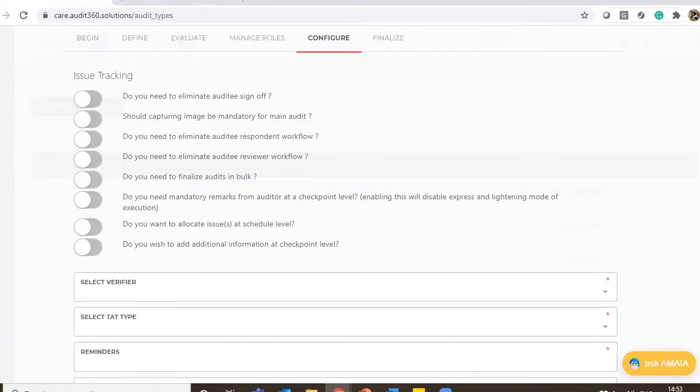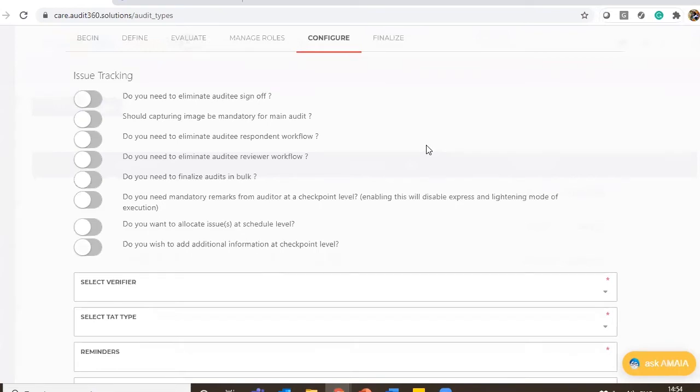Later, as part of a review or a recommendation from the external auditor, or as per direction from the board of directors or the audit committee, you decide to add one more process under either the branch audit or the quick audit. There you can handle it by way of creating an additional group. So for example, in a branch audit, you were not considering, say, COVID related requirements before this.